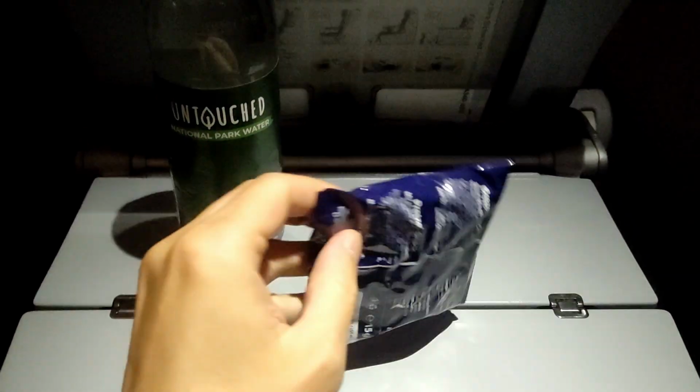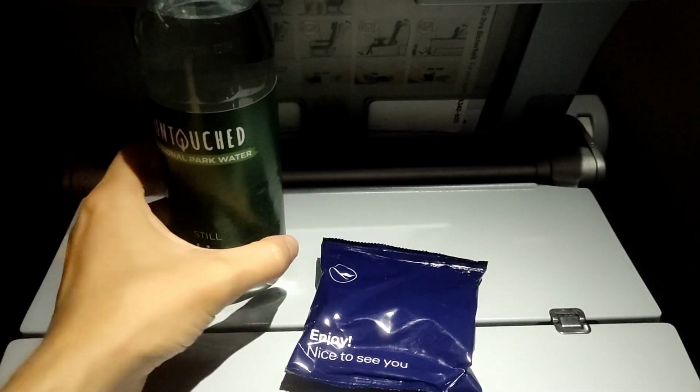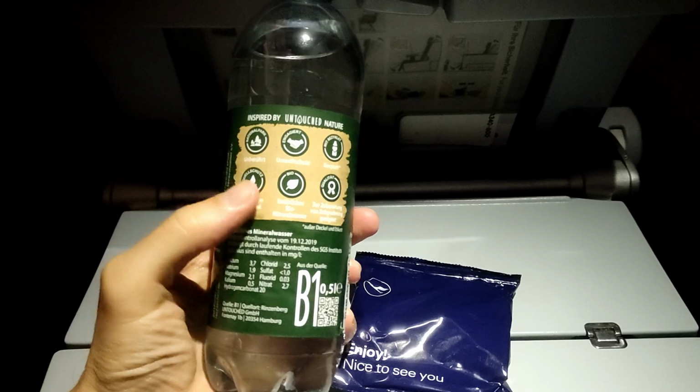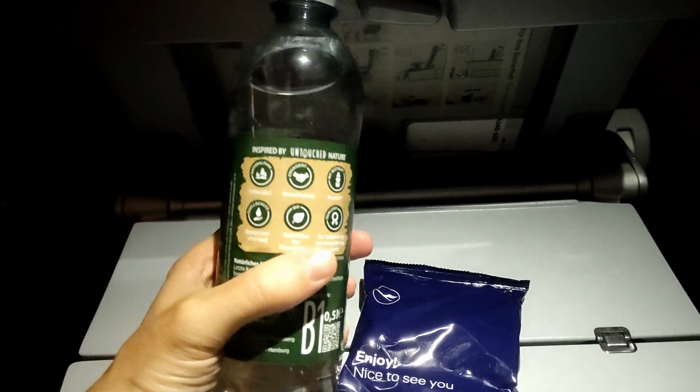Service has started. First they handed out a pretzel snack and also a bottle of water, National Park water. I have not seen that brand before. Untouched, I don't know, already pretty nice I would say. But then they came around and handed out menu cards